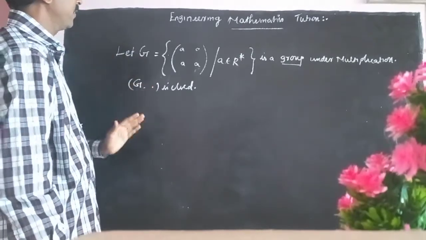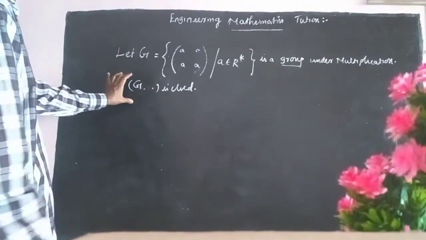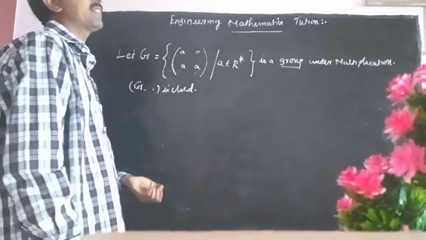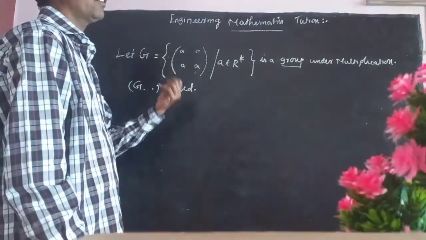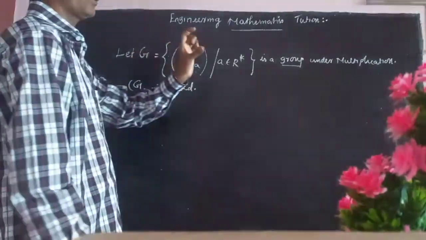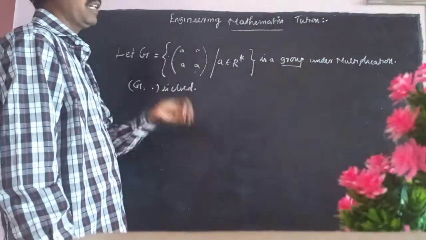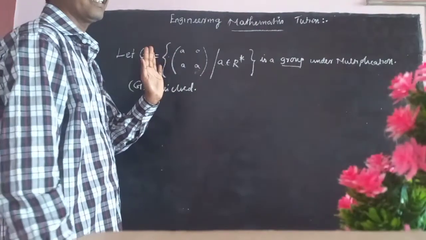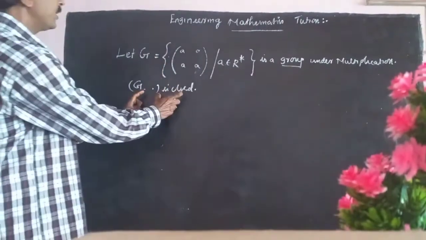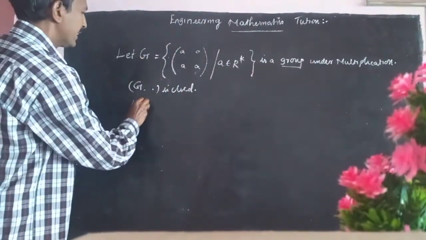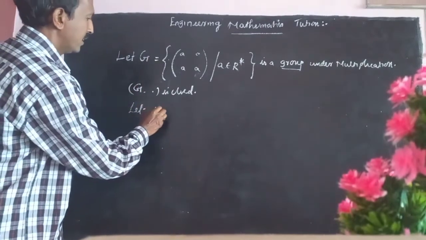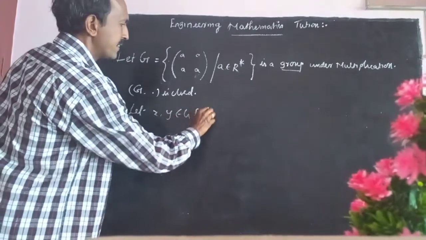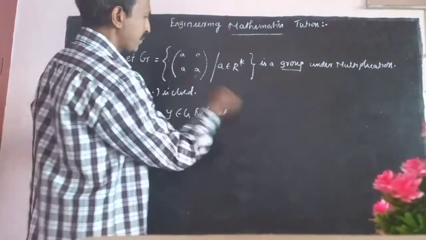So first we prove g comma dot is closed. What do you mean closed? Closed means we take any two elements in that group, and a dot b also belongs to that g. ரெண்டு எலிமெண்ட் எடுக்கறீங்க, அது ஆபரேட்டரால ஆபரேட் பண்ணும்போது அதே எலிமெண்ட் வேல்யூ ஆனது எங்க இருக்கணும், g ல இருக்கணும். அதுதான் இது க்ளோஸ்ட். ஓகே, so we take any two elements in that g. Let any two elements, எப்படி எடுக்கிறது?